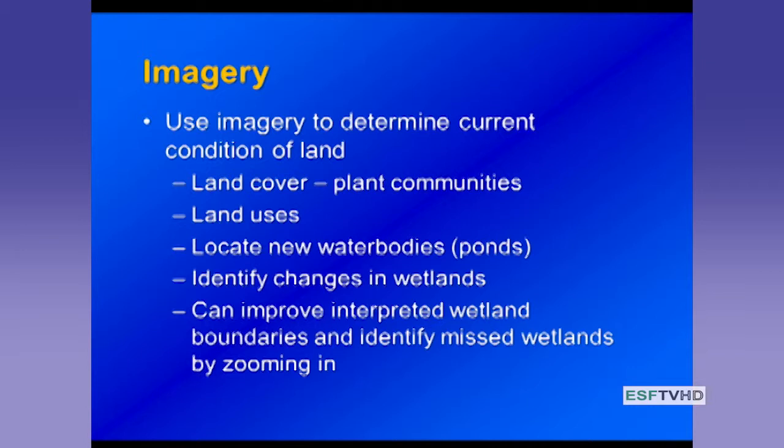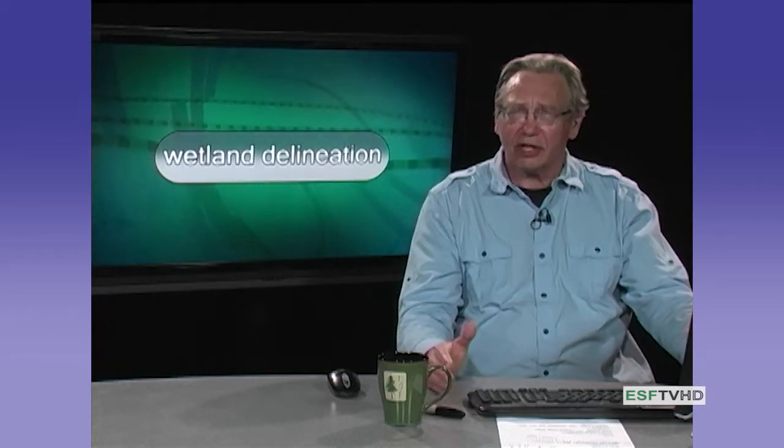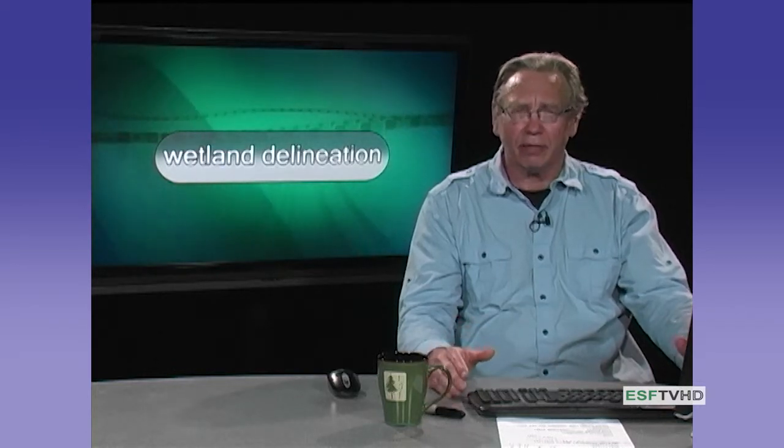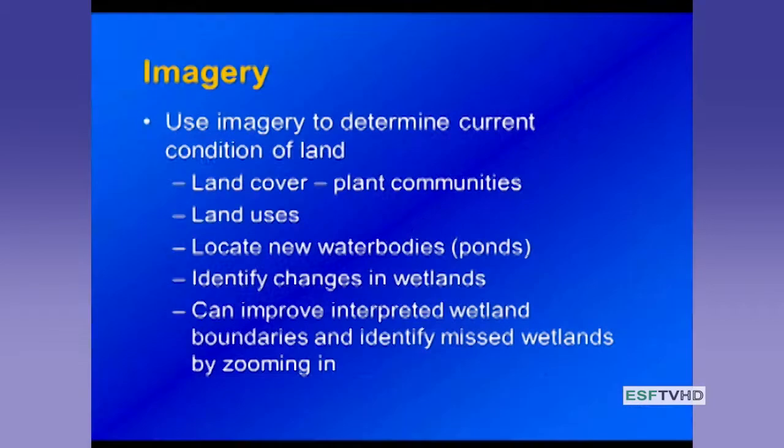One thing you have to realize is that when the mapping was produced by the National Wetland Inventory, if you look at the date of that particular image, you may find that for many areas of the country, the data are from the mid-1980s. And that means that there have potentially been significant changes in some wetlands, and then there are always ponds being built across the landscape. So by looking at the imagery, you would be able to locate new water bodies, new ponds, maybe new reservoirs that have been created. You can also identify some changes in the wetlands themselves,